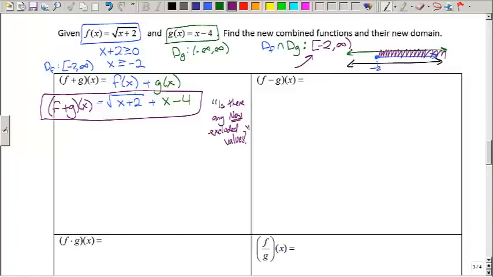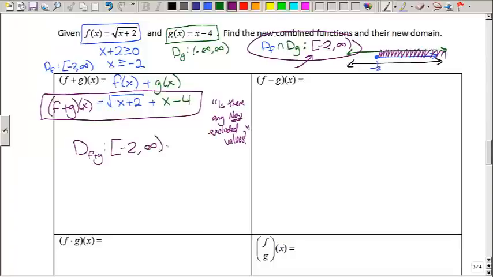Well, we've already taken care of the blue function's domain. We know that we have to start with negative 2 to infinity, and the green function's domain by itself is all real numbers. But I want to know, is there any new bad values created? Had I divided by anything, do I have anything new that I haven't already looked at? Well, in this case, there isn't any new bad values. So my domain of f plus g is the domain that we started with, the intersection, which is negative 2